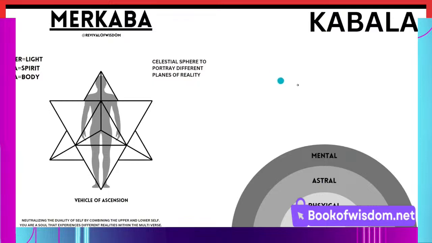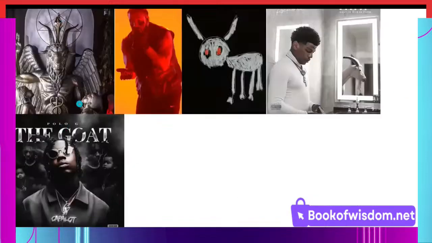This light body sees different realities. So when you see the goat in the music industry, it's this satanic summoned energy that's been summoned for thousands of years within the astral plane. When it comes to the physical plane, it will manifest through different things. A goat, an owl, Satan, Moloch, Baal, same deity, same demonic energy that's been summoned in the astral plane.